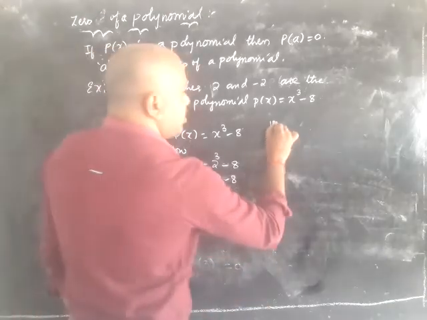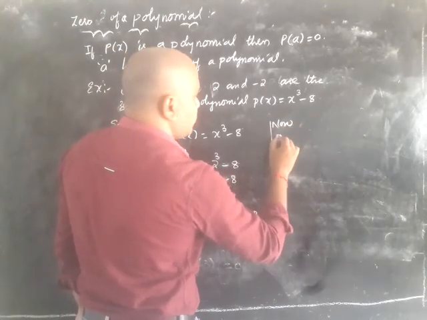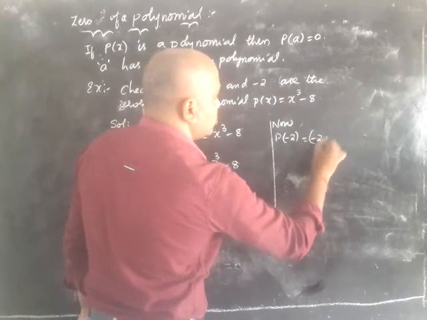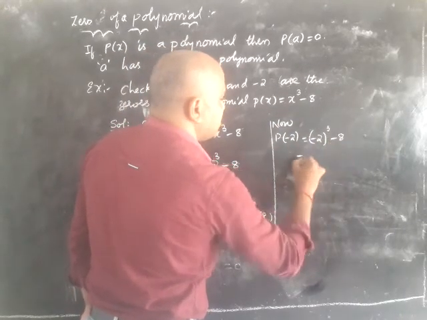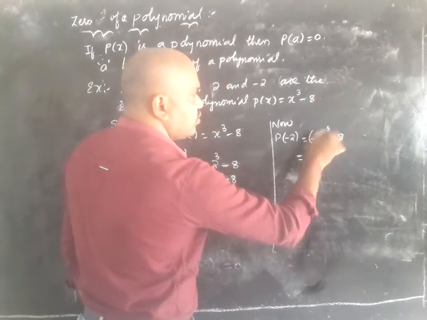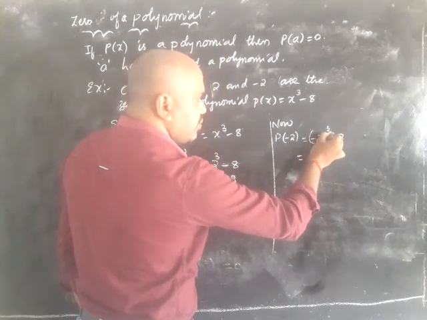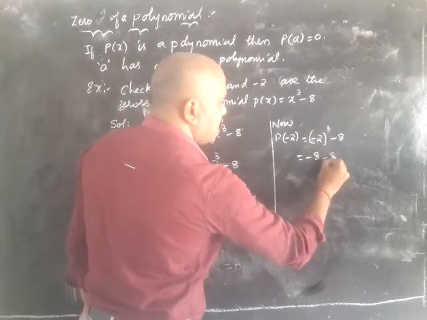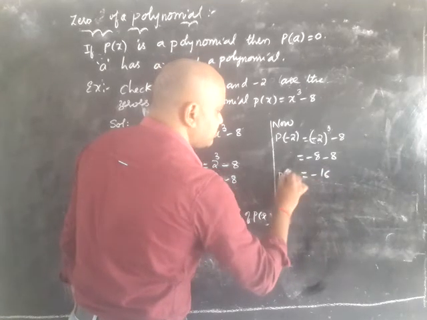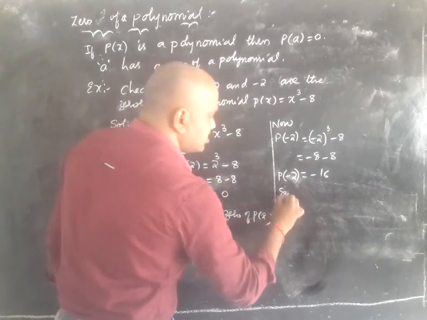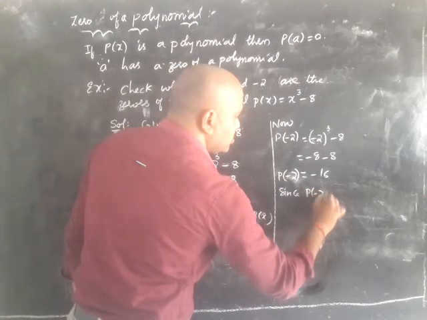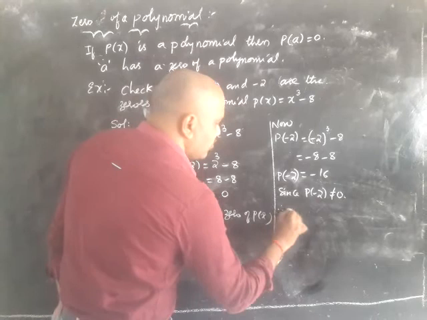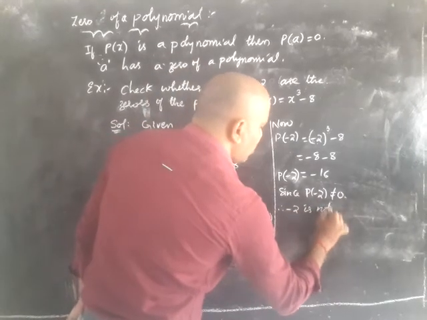Now, at x is equal to minus 2. P of minus 2, that is minus 2 whole cube minus 8, and it is negative. So negative whole cube, it is a cube, an odd power, so the negative will remain as it is. 2 cube is 8, minus 8 becomes minus 16. Since p of minus 2 is not equal to 0, therefore minus 2 is not a zero of